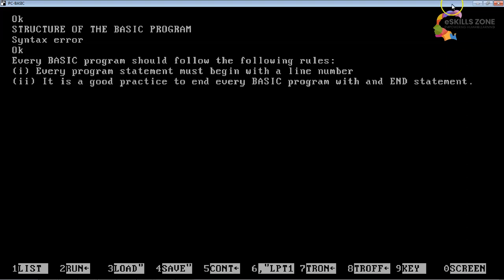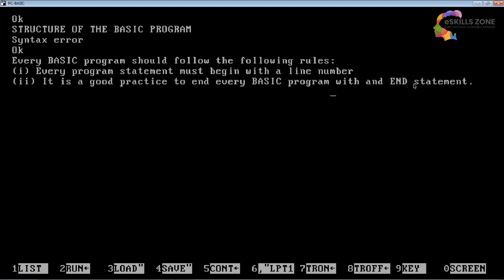So viewers, this END statement is a reserved word which is used to declare the last line of the program. It's not mandatory, but it is a good practice to end every basic program with an END statement, so that one can easily understand that this statement is the last line of the program,